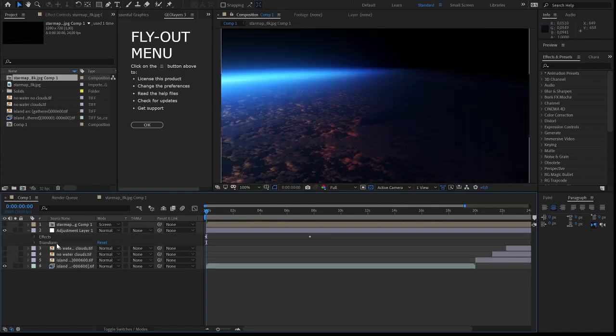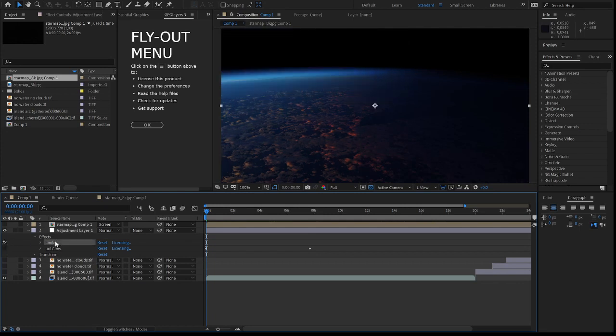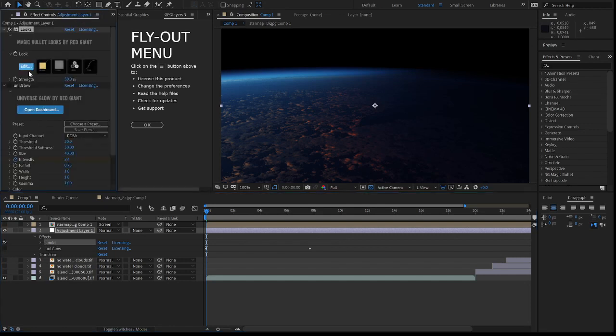So what I started off doing was I used the Lux effect, which is a part of the Trapcode suite, and they have a bunch of different sort of filters, which alters the recording up here.